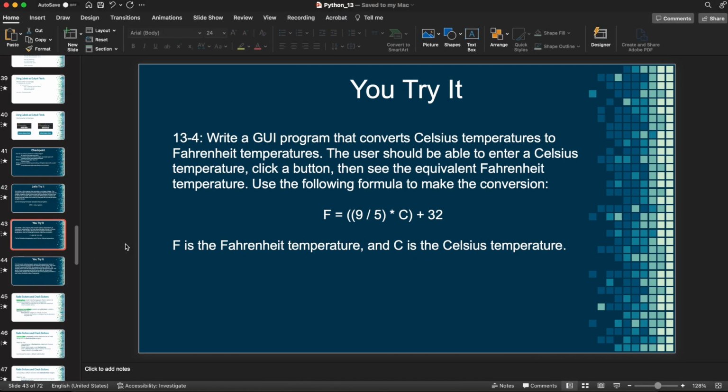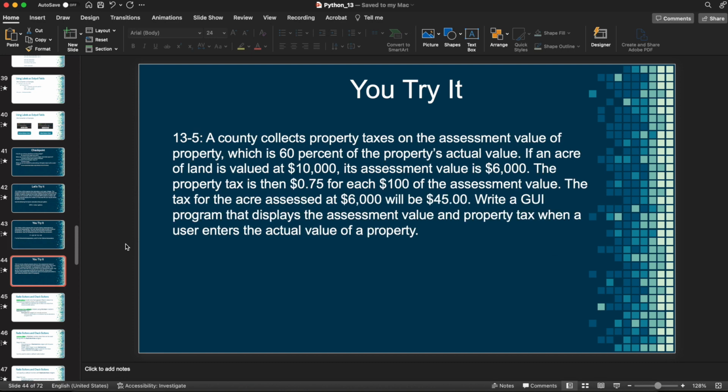What I want you guys to do now is just to really drive this point home is go ahead and try this one. So a county collects property taxes on the assessed value of the property, which is 60% of the property's actual value. So what this means is if an acre of land is valued at $10,000, its assessed value is $6,000, and the property tax is then 75 cents for each dollar of the assessed value. The tax for the acre is assessed at $6,000 will be $45. So write a GUI program that displays the assessment value and the property tax when the user enters the actual